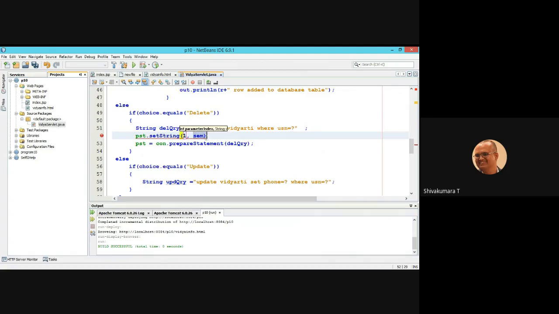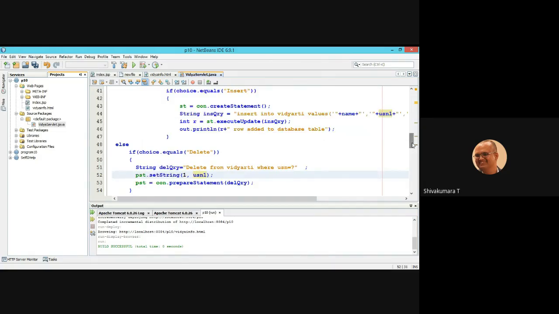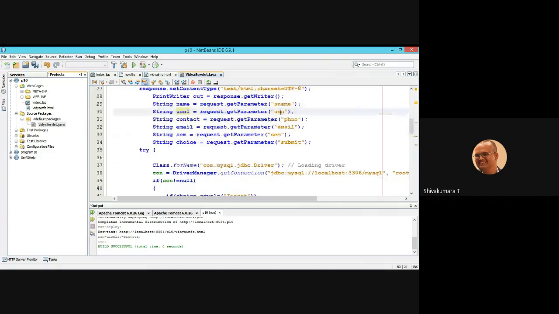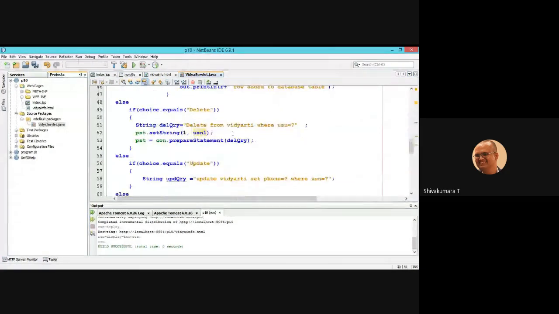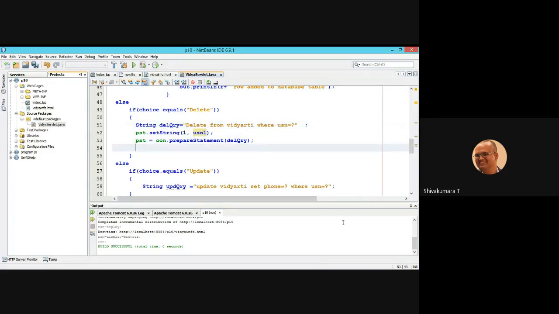The parameter is USN 1, which is collected from the user. Based on the USN you provide, it is set here. Because it is a pre-compiled query, you need to provide the USN value on the fly.